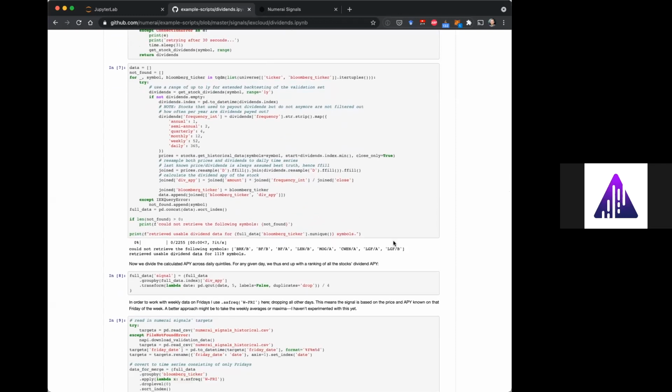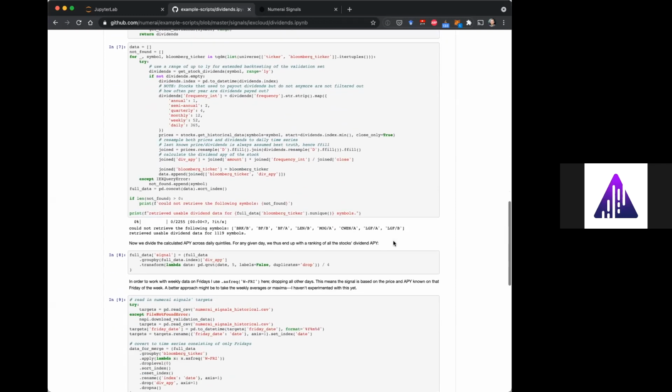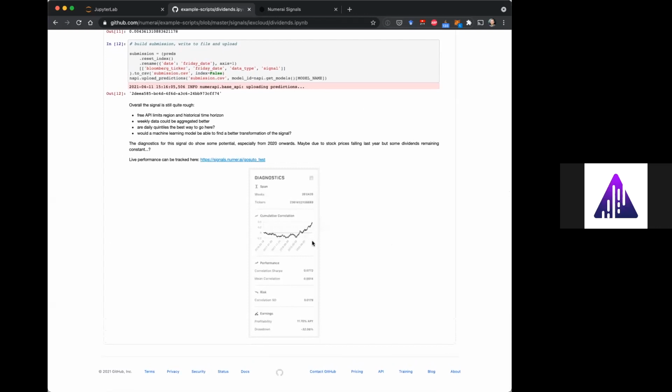And it's actually interesting. At the bottom here, I can show you, especially in the last year, it did better than I thought. To be honest, I thought it was just going to go to zero, not really do anything, also because there's not that many tickers I'm able to submit. It doesn't look too good here.